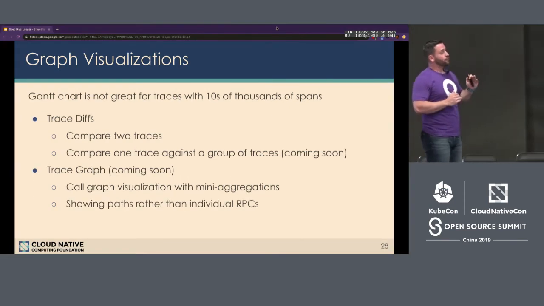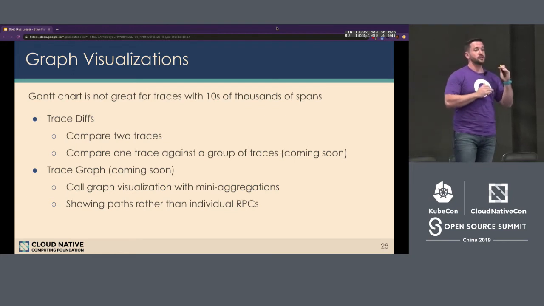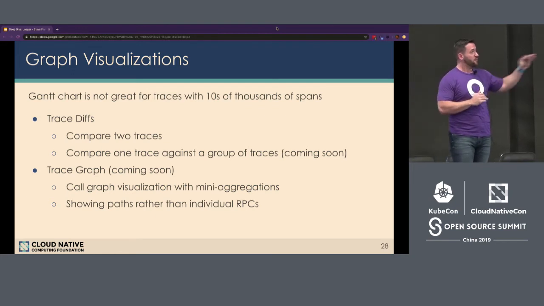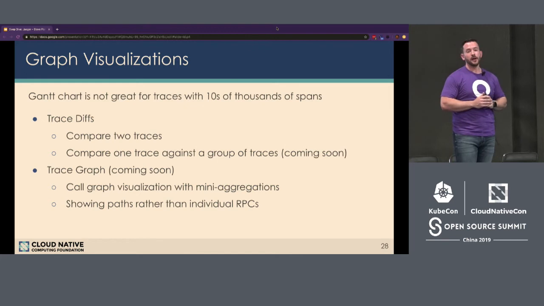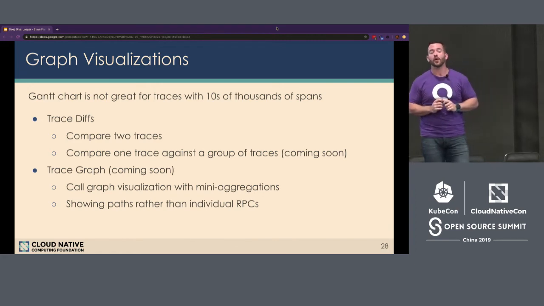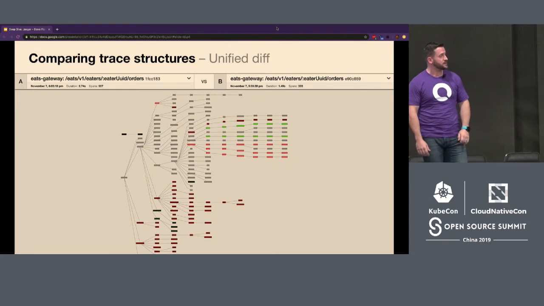So if you have small traces, we can do a comparison. I showed you 2 different Hotrod calls. That was pretty easy to visually compare. But if you have hundreds or thousands, that may be a lot harder to see. In addition, while comparison of how the trace looks is valuable, what could be even more valuable is differences in the latency, the time it took between those calls. So let's actually see what that looks like.